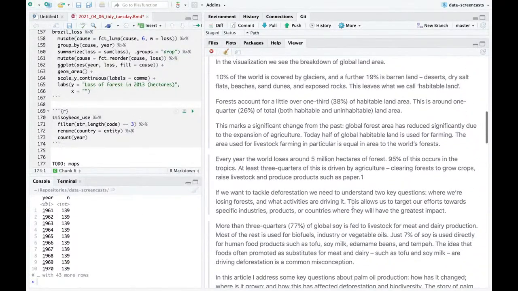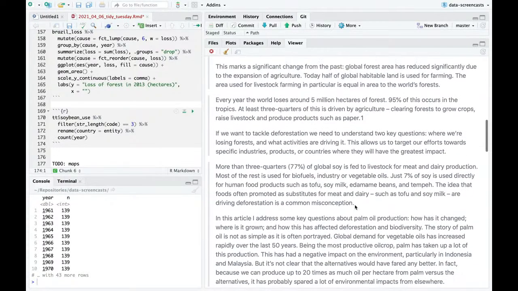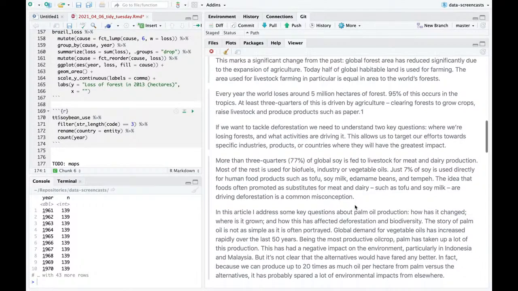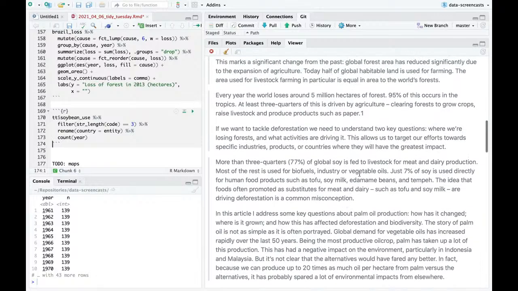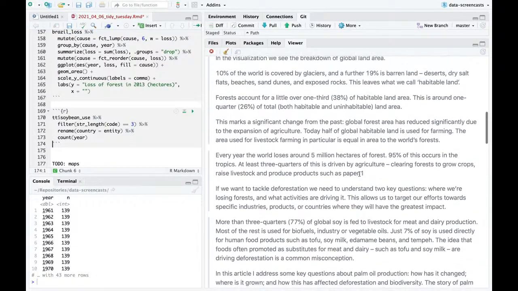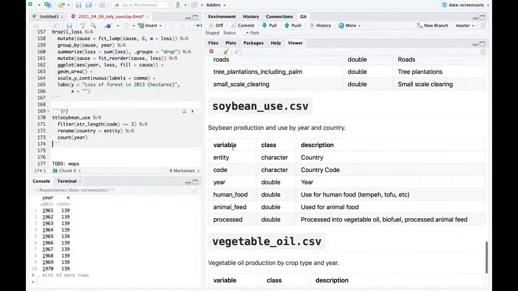What this is saying, looking back at this, is that more than three-quarters of global soy is fed to livestock. The idea that foods promoted as substitutes for meat and dairy, like tofu, driving deforestation is a common misconception. Okay, so this is one thought in terms of soy farming. Look at this, soybean production and use. Yeah, so we spoiled the purpose. Oh, sorry, we spoiled